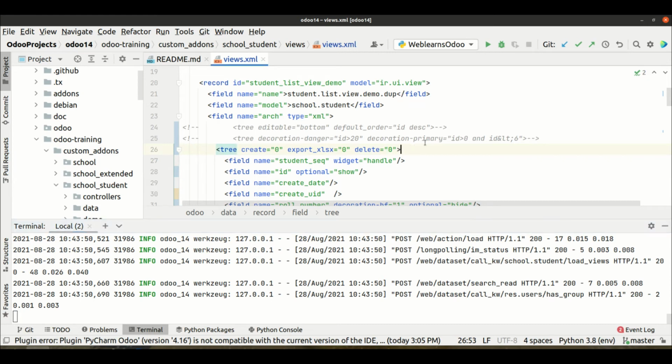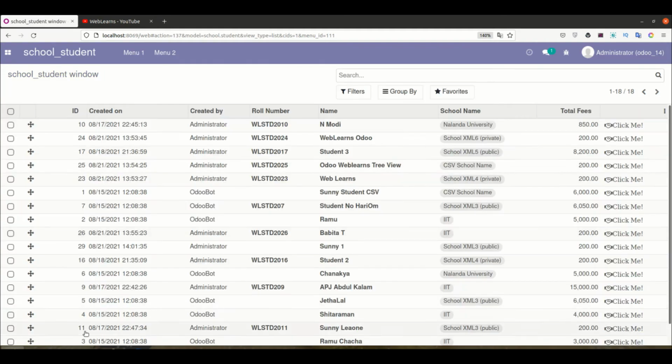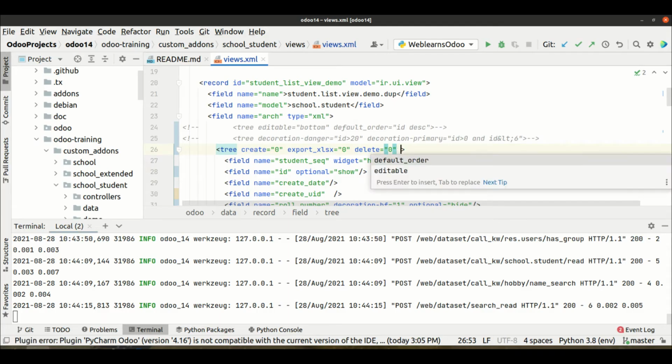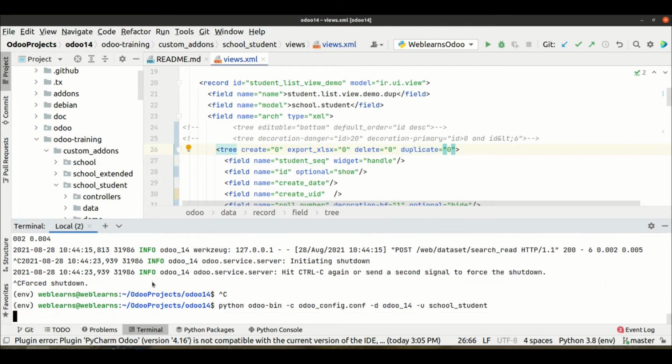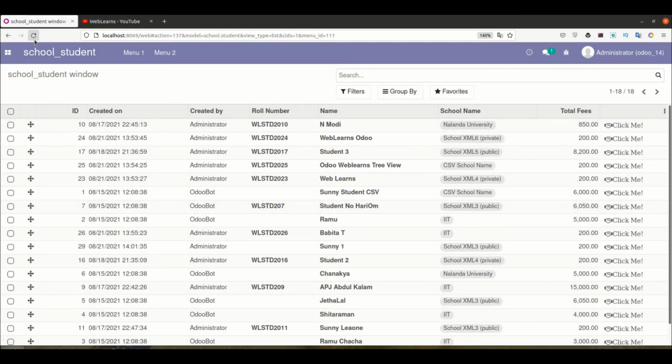Then after, if you see here in the form view, let's say you also want to remove this option, then simple, we need to use duplicate equal to 0. But let me show you one difference here. I'm upgrading the module and refreshing the page.